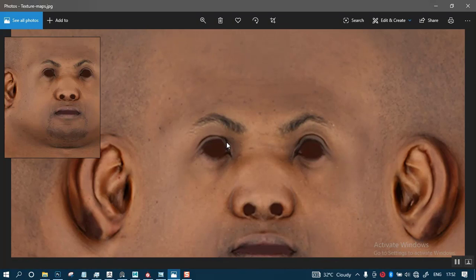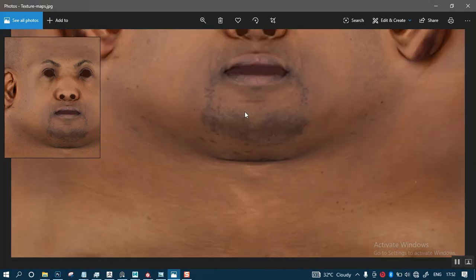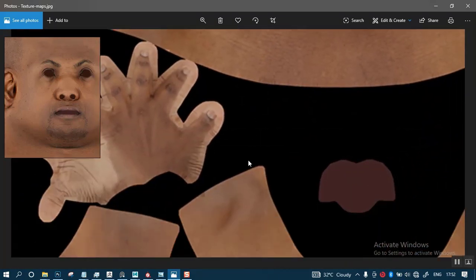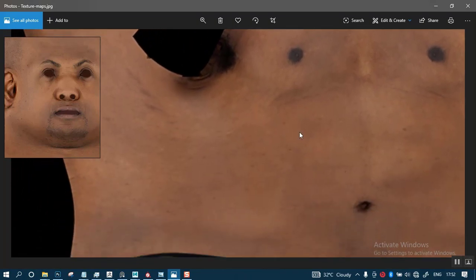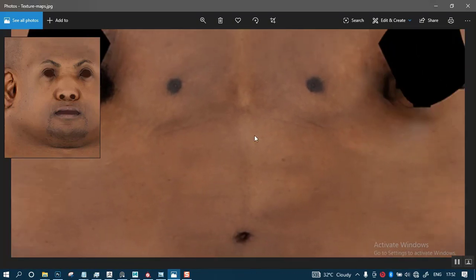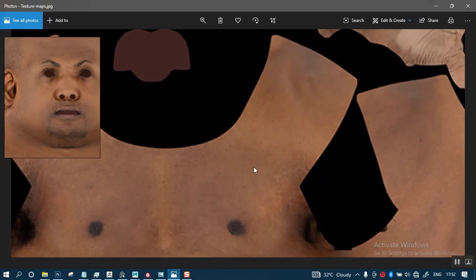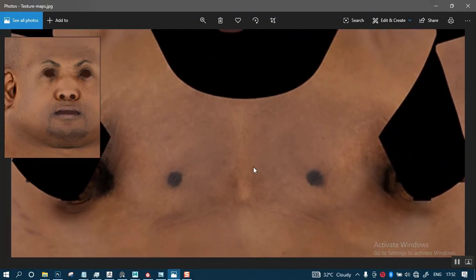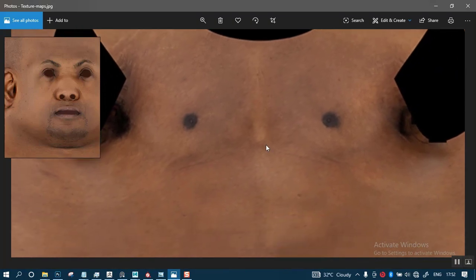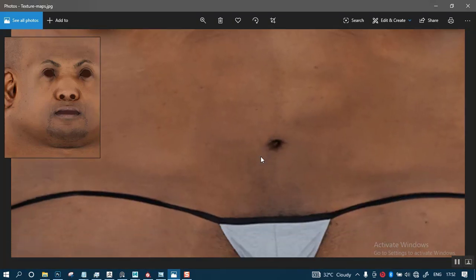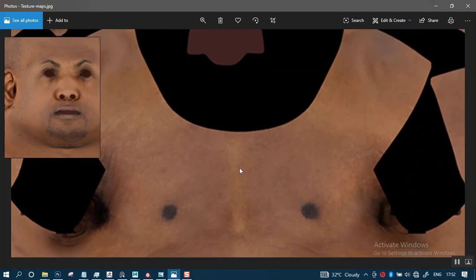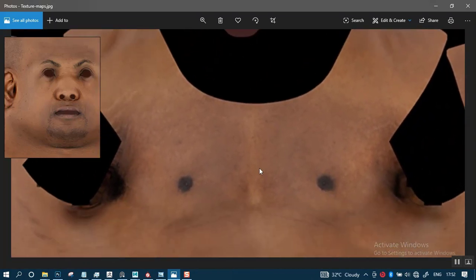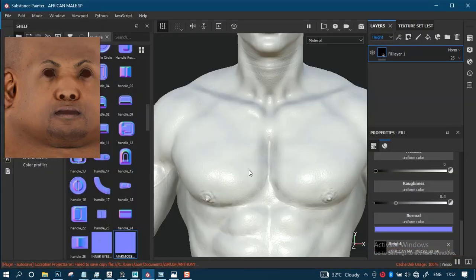So this is a texture and a displacement map from 3D Scan Store. This is just from the UV layout itself. I'm basically going to be using this as my reference guide to paint in this dark skin texture in here. So let's get started with it. So instead of Substance Painter,